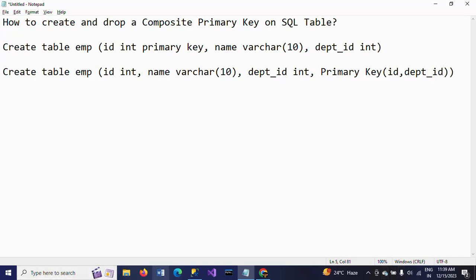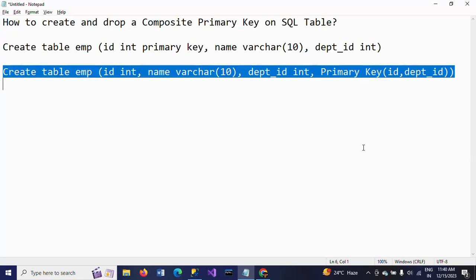So here I'm creating the EMP table with ID, name, department ID, and at last I mention primary key, and within parentheses I mention the columns. Whatever columns I need for a composite primary key, mention your columns and select your query and take this one,